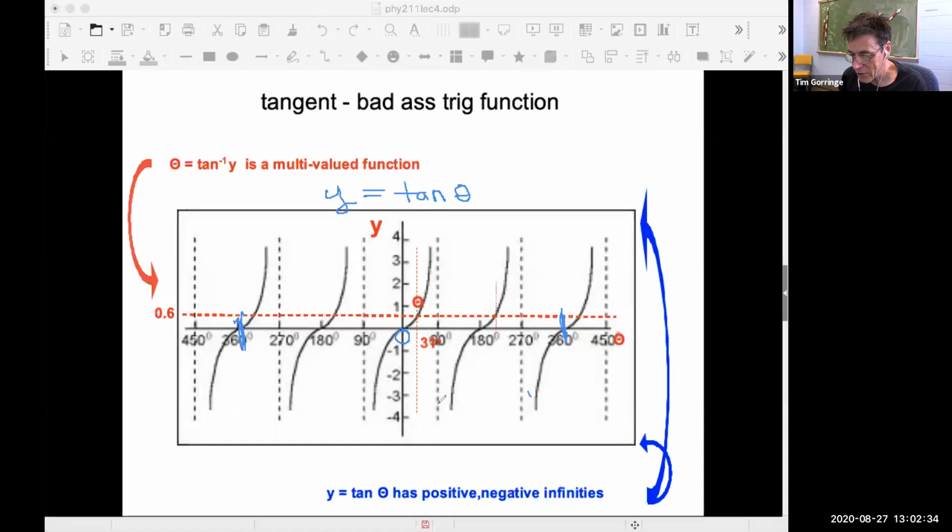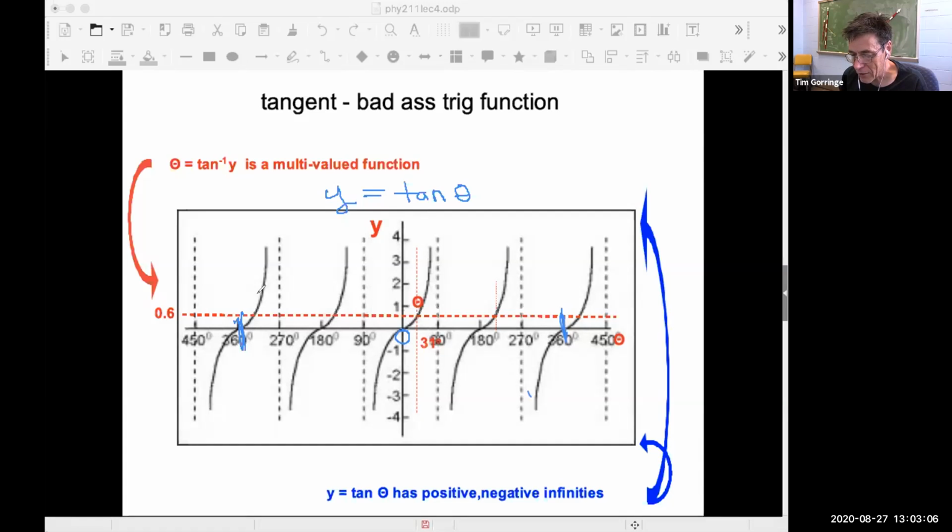So at 0 degrees, there's a positive and negative infinity as you approach 0 degrees from either side. And at other angles, the locations of these vertical dashed lines correspond to infinities in the tan function. So that's a sort of bad feature to it. But the worst one, the one that will catch us out more, is that